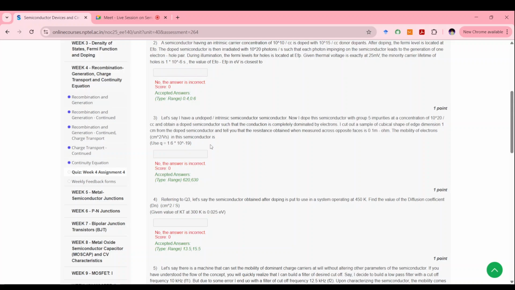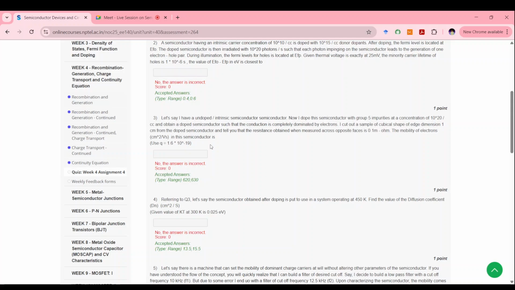I cut out a sample of cubical structure of each dimension. So this is the sample dimension itself, 1 centimeter. So we have a 1 cc volume cube from the doped semiconductor,